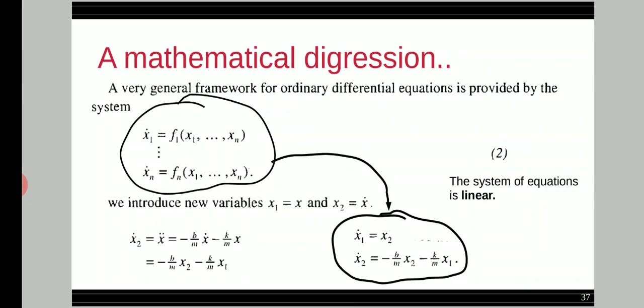সুতরাং এবং তারপর we will use x2 in place of x dot. Therefore we get two equations. First, x1 dot equal to x2, and the second is x2 dot equal to minus b by m x2 minus k by m x1. So this is the general framework of equation, where on the left hand side there is x1 dot x2 dot x3 dot etc., and on the right hand side there is different functions involving x1 x2 etc. The system of equations here is linear because on the right hand side you have only first power of x1 x2, মানে শুধু x1 x2 ই আছে, x1 স্কয়ার x2 স্কয়ার ইত্যাদি নেই।